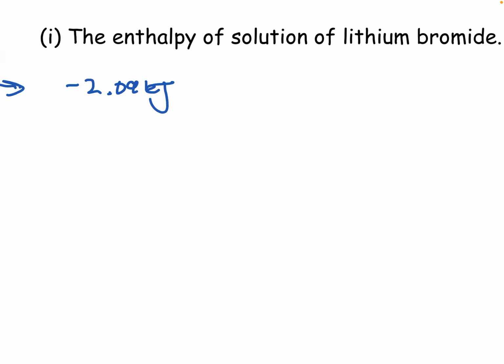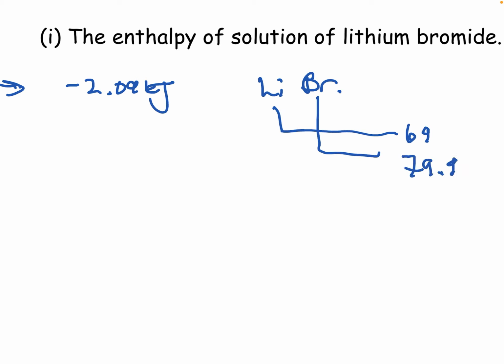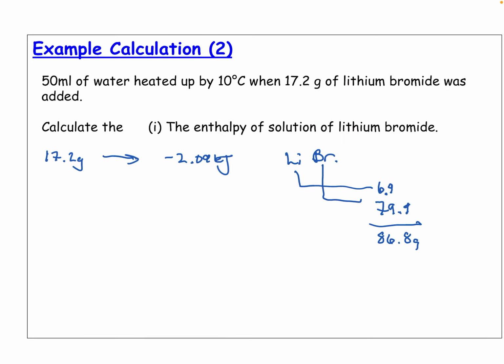Now, let's work out the mass so we can find out the mass of 1 mole and then work out the enthalpy. So lithium bromide has this formula. Lithium has a mass of 69 when you look in the data booklet, and bromine has a mass of 79.9 when you look in the data booklet. That all adds up to, sorry, I've read my writing wrong. This is 6.9, not 69. That all adds up to 86.8 grams. Okay, so that means that 1 mole,